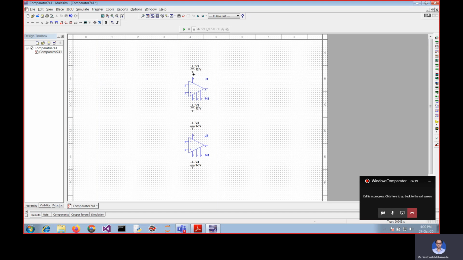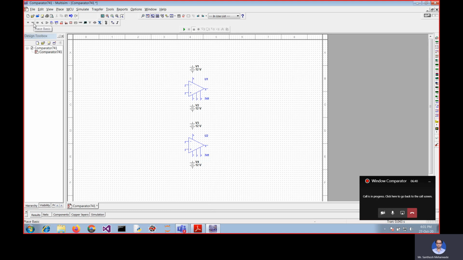You can see that pin number 4 is getting the minus, okay, negative. Pin number 7 is getting the positive, that is a longer terminal. Pin number 4 is also again getting the negative. Pin number 7 is getting the positive. Okay, so after that I'm going to use the 3 resistors.